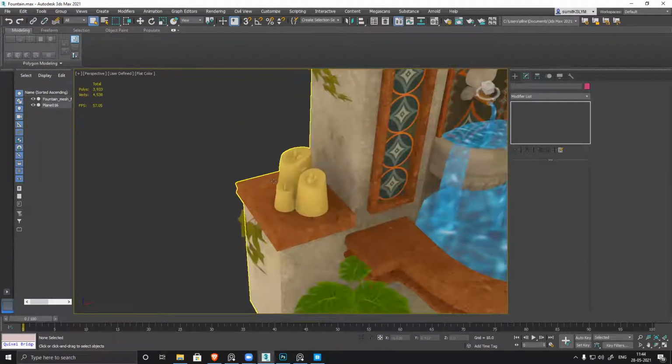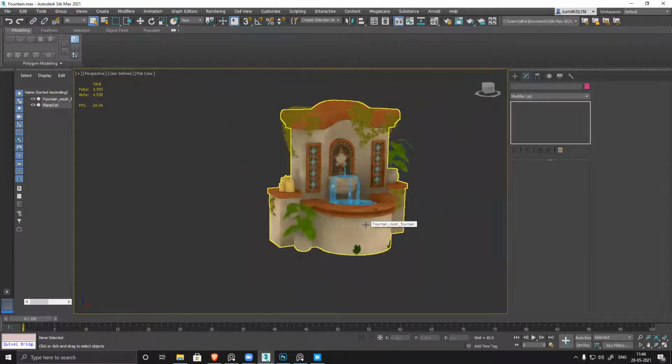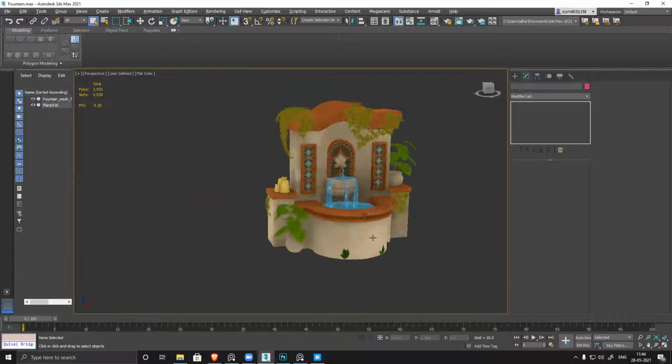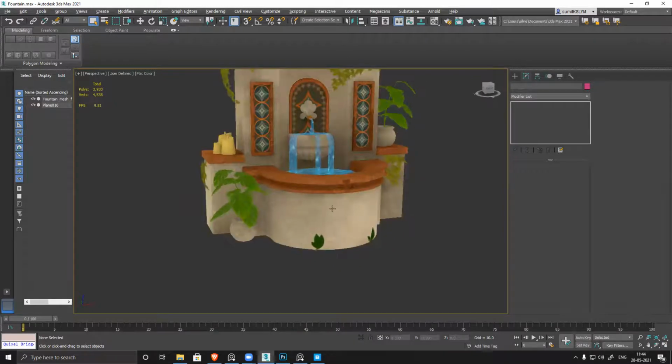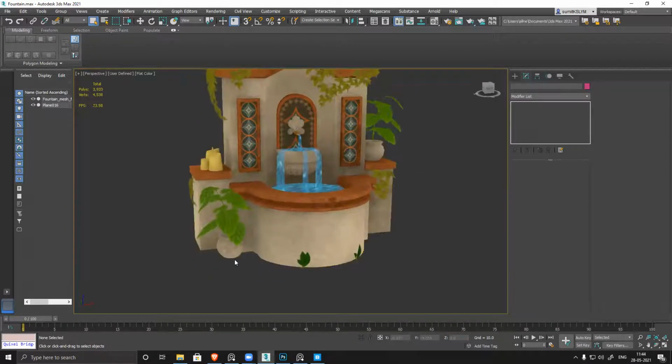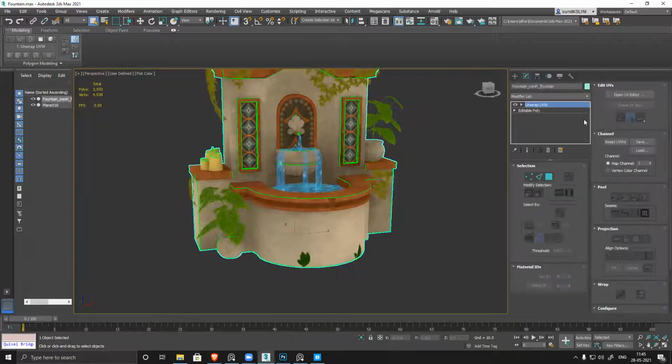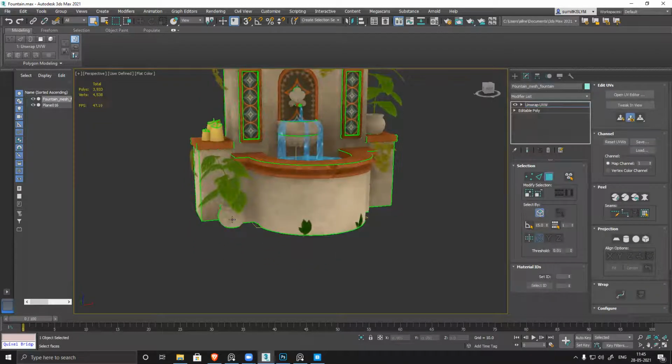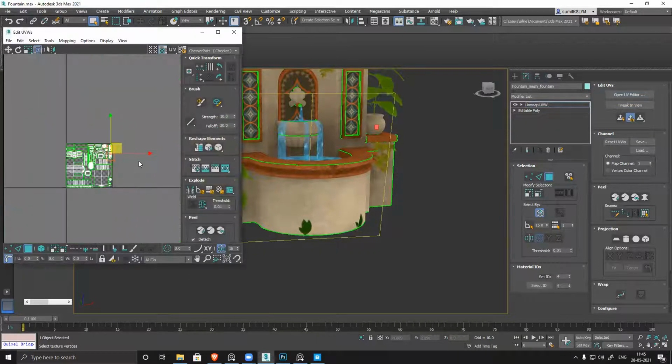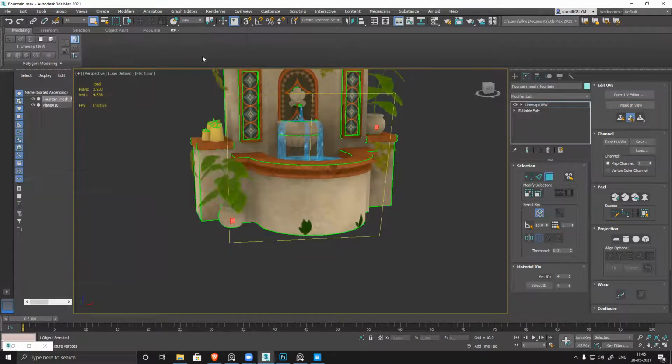Now this base also has a design or pattern, and plus the main fountain also has a lot of dirt or cracks and all. So how to achieve that? For that, my basic blocking is ready, but the pot blocking is also pending. Just give me a second. I need to block out those colors. Oh, these two are the pot. So I need a clay, mud or clay kind of thing.